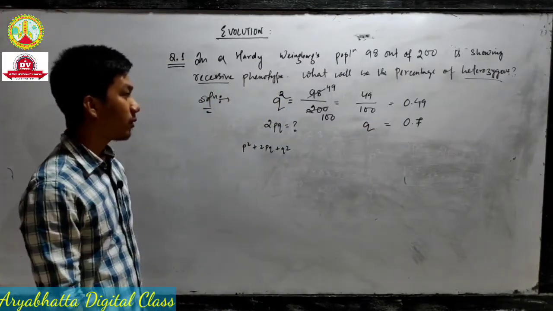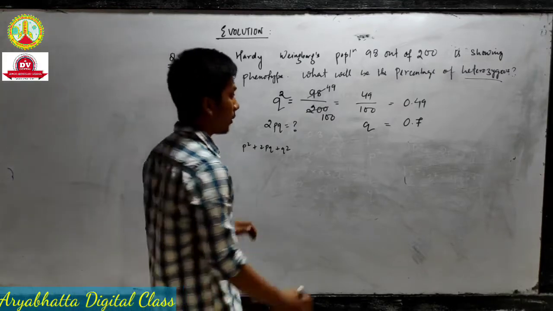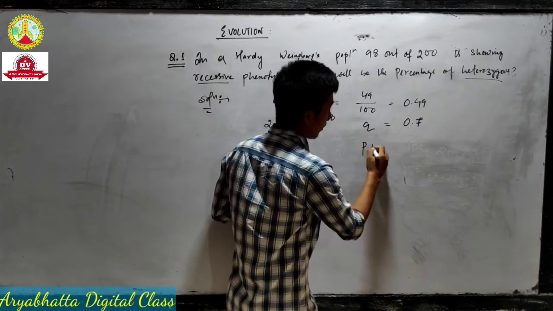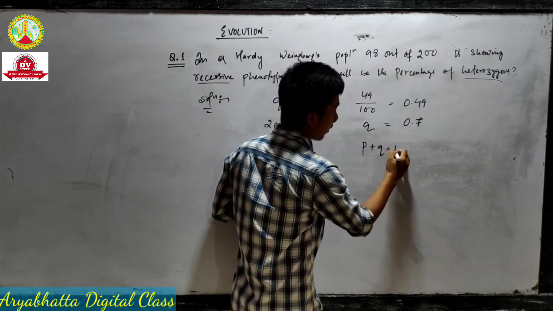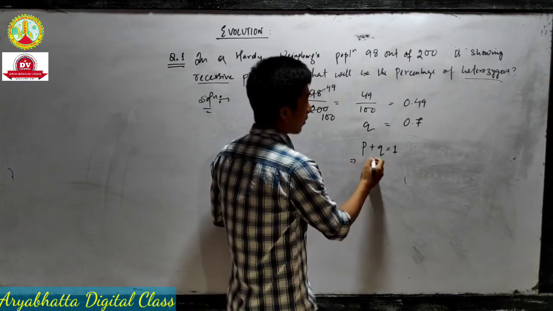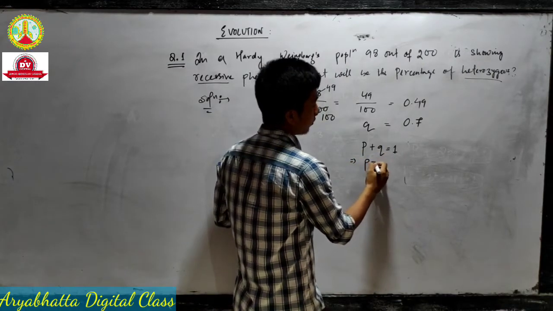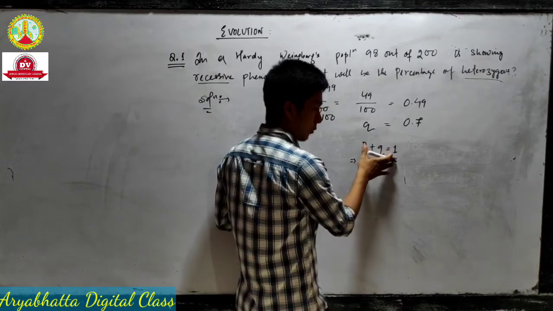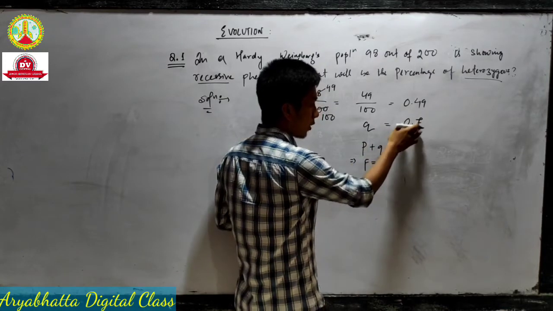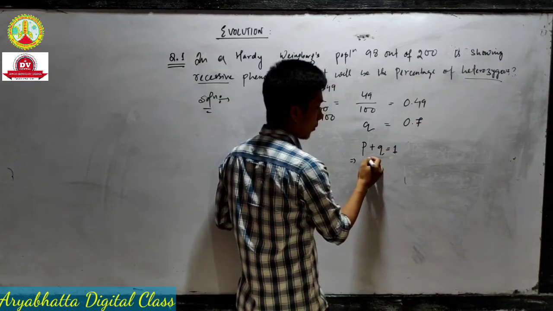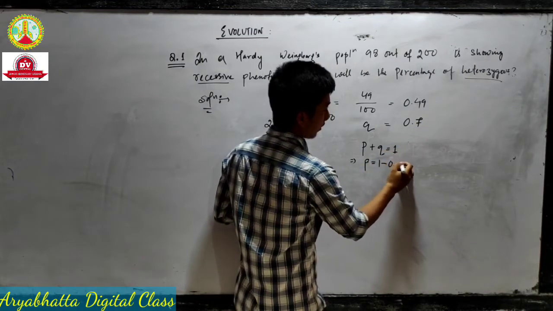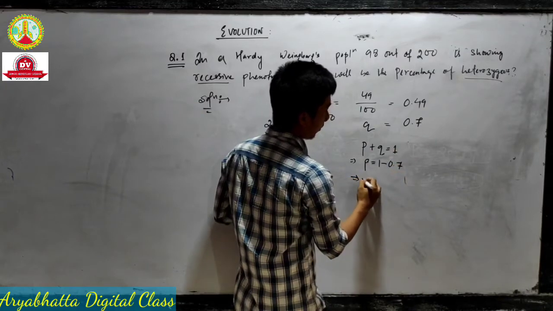Now we need to find the value of p. To get the value of p, there's one more formula you need to remember: p plus q equal to 1. Write down this formula and put the value of q, and we will get the value of p. So 1 minus q, where q is 0.7, so p will be